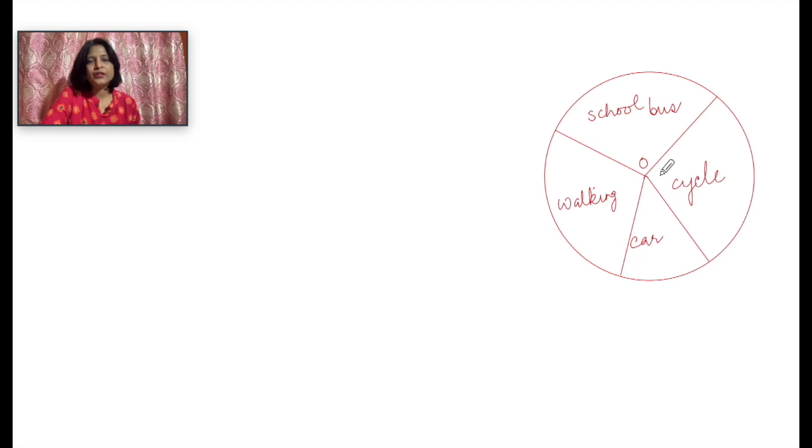So in order to draw a pie chart, we need the help of a formula through which the angle of each sector can be decided. Now the angle at the center of a circle is 360 degree. So 360 degree has been divided into several sectors and the formula to be utilized is